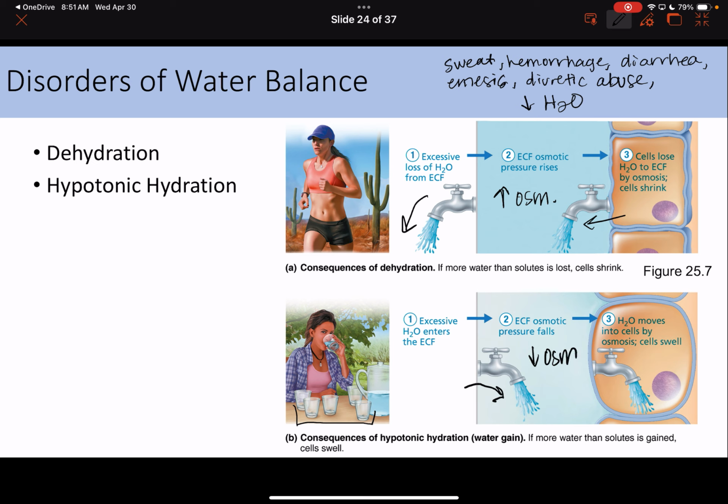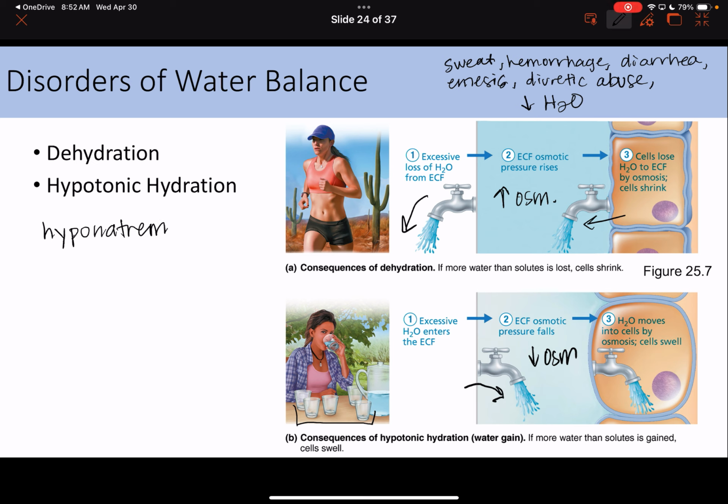So you're going to have less of a concentration on the outside of the cells because you just diluted it all by bringing in too much water. So now your cells are in a hypotonic solution. Hypo makes a hippo. Water is going to want to go towards where it's more concentrated. And so these cells are then going to swell and could eventually burst depending on how much water you actually intook. Now, the biggest issue that occurs with hypotonic hydration, what's most dangerous, is that this will cause